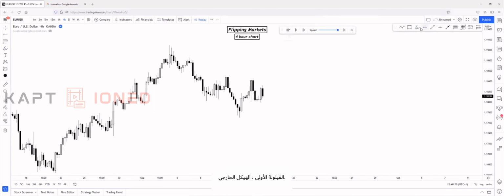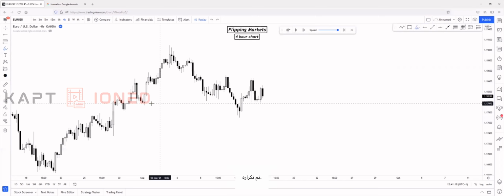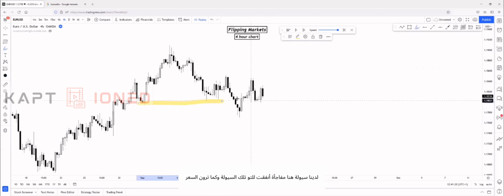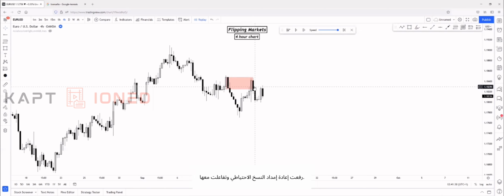First, map out our structure. As you can see, we had the last high point right here and the last low point right here. Price broke structure to the downside with this inefficient movement. So first criteria is fit because it broke structure to the downside here. Second is fit because it created inefficient movement. And the third criteria is fit because it swept liquidity. We have liquidity here. So price just swept that liquidity. And as you can see, price levitated back up to this supply, because this will be our right supply zone. So price levitated back up to this supply and reacted on it. So I will just mark